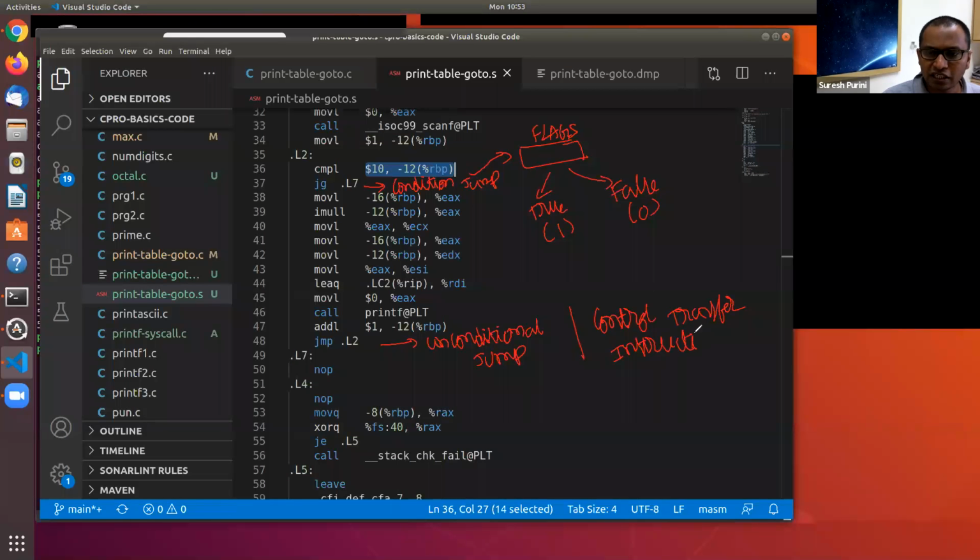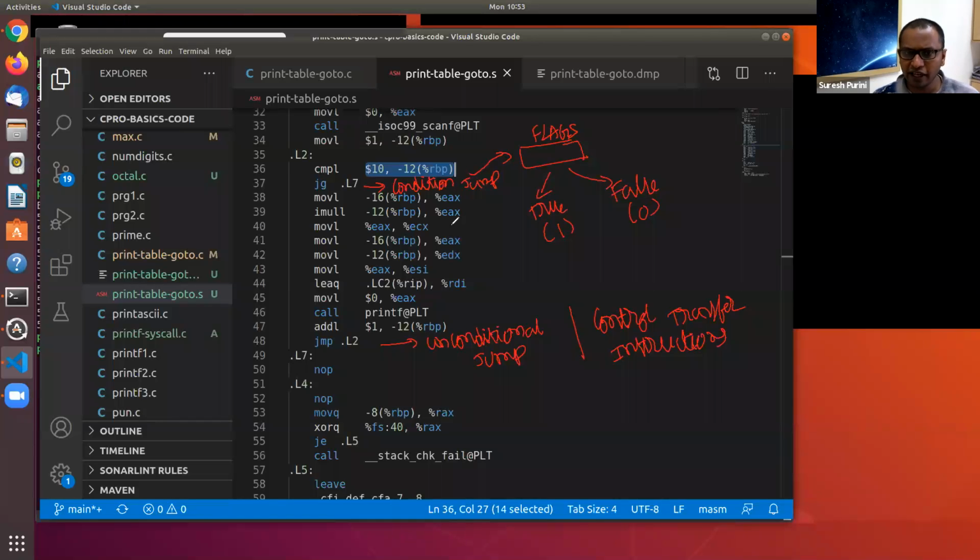In the absence of these control transfer instructions, your processor executes one instruction after another only in the forward direction. The instruction on line 38 is not a control transfer instruction. It is a memory transfer instruction, which moves data from memory to a register in the processor and vice versa. On line 39, you have a multiply instruction, an arithmetic instruction, and so on.